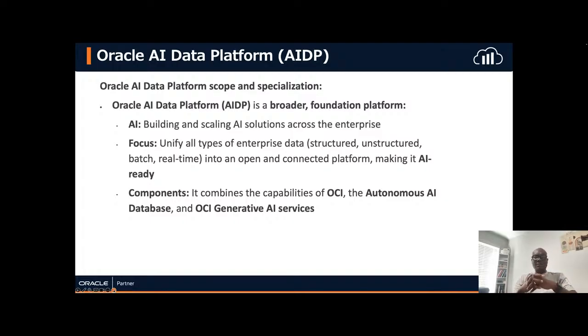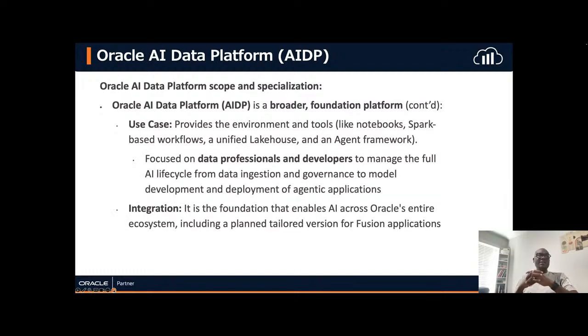If you look at the components, it is a combination of Oracle Cloud Infrastructure, Autonomous AI Database, and OCI Gen AI services. Then also the AI Data Platform Lakehouse. These are the things that we have for the AI Data Platform.